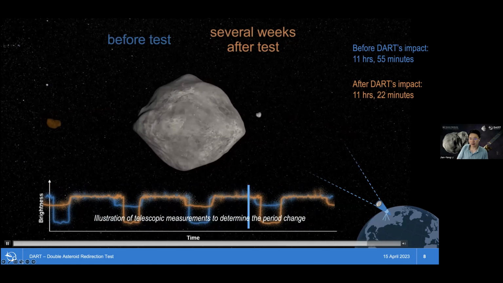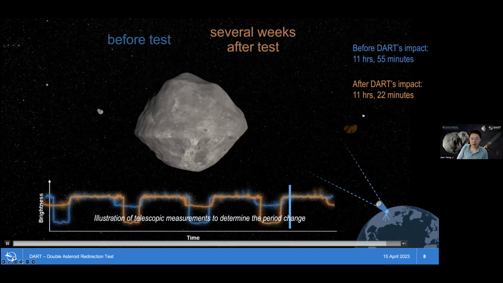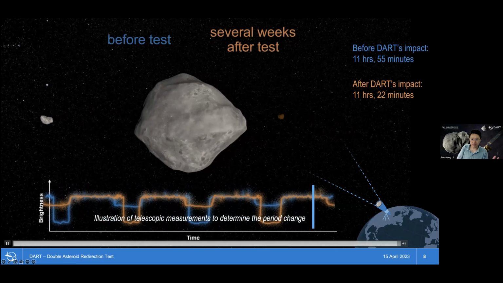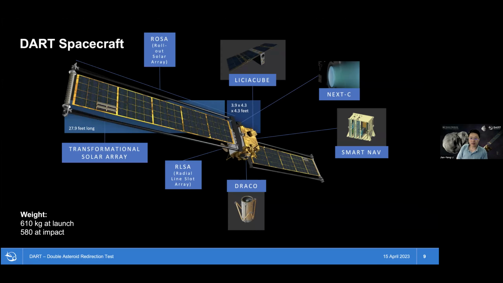And on the right, these are the pre-impact period and the post-impact period. So this design makes the mission design very simple. We just send one spacecraft and then hit it. And then everything else, we can do from the Earth, right? So that's the reason that we're hitting the moon of a double asteroid, and the reason that we're choosing this particular target. So it's a very simple design of the spacecraft. We just need a spacecraft, right?